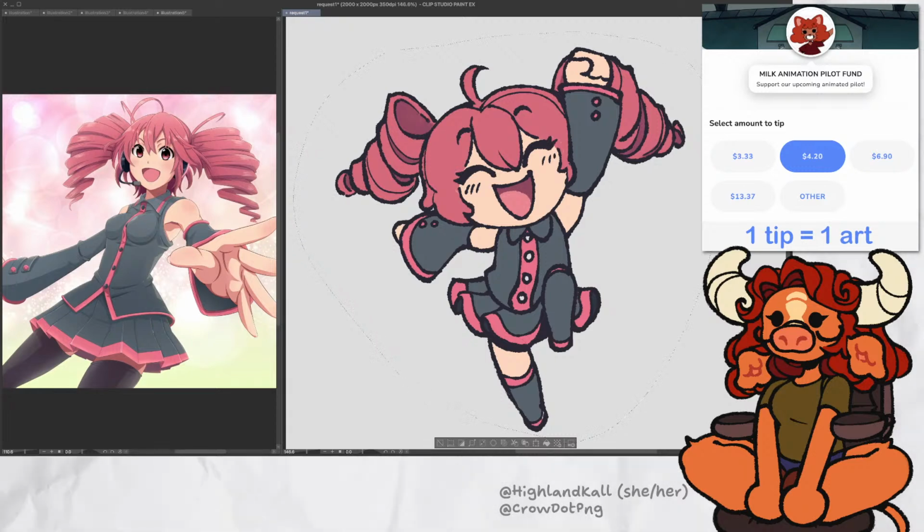Something a little... kind of a darker purple. Okay, that's cute. I like that. And then I'll just go through and get these last bits of color added on like so.